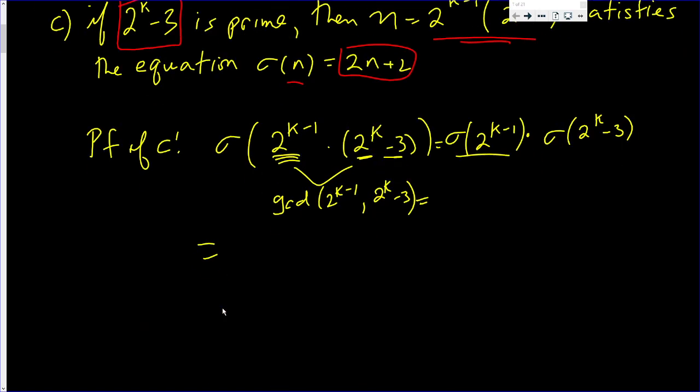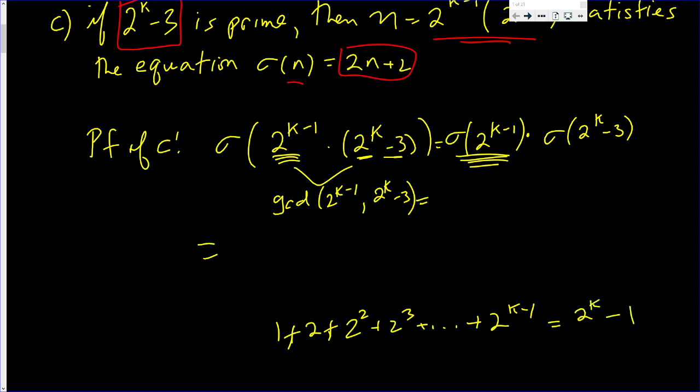And again, the reason is the divisors of 2 to the k minus 1 are 1 and 2 and 2 squared and 2 cubed, all the way up to 2 to the k minus 1. So when I add all those factors, I get 2 to the k minus 1. So it's 2 to the k minus 1